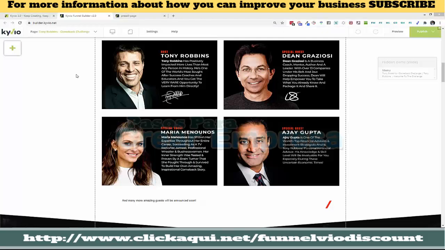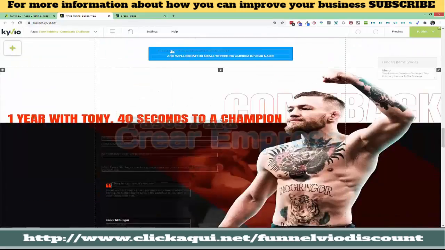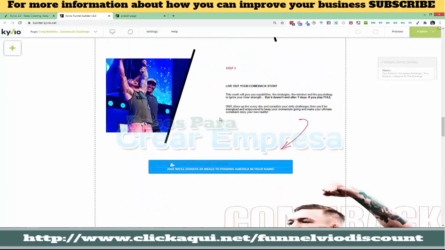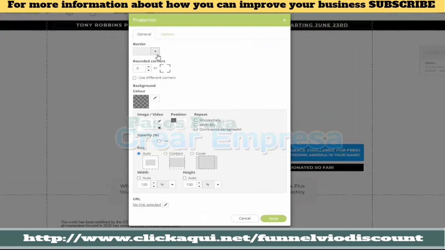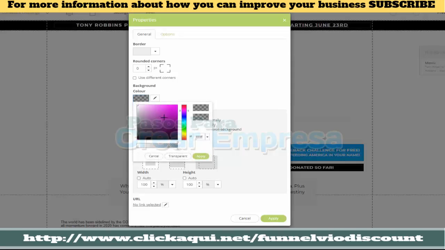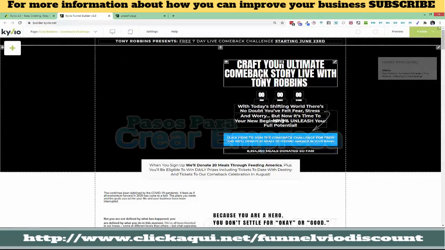So as you can see, this is the page that we were able to grab from that Tony Robbins page. Now, not everything is perfectly lined up, but that's okay. It's really easy to customize it. For example, I got rid of the background image because I didn't want this background image. So I could go to properties and I could either put my own background image or change the background color to be, say, black in this case. So once I put that in, say apply,